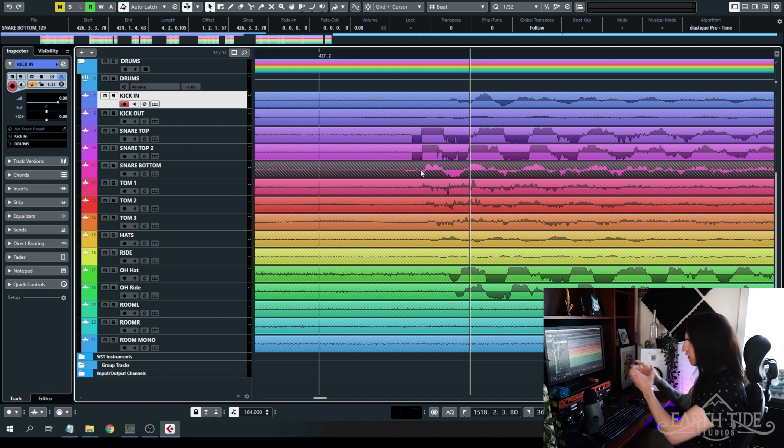Now, the reason why this snare bottom is in phase right now in this waveform is because when I was recording this snare, I flipped the phase on the input of the preamp for the snare bottom, because the audio waveform for that snare bottom would be the opposite, because of where the two microphones are and where the bottom is. So you want to flip the bottom one to make it match the top two when you're doing the